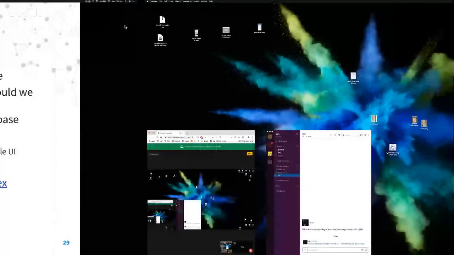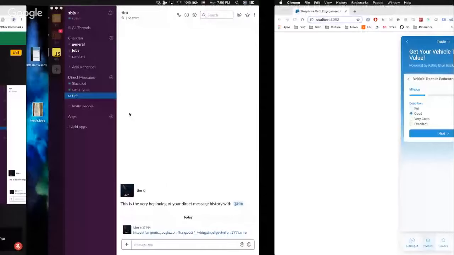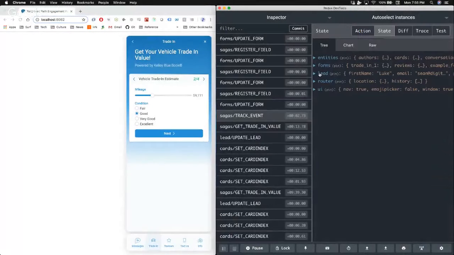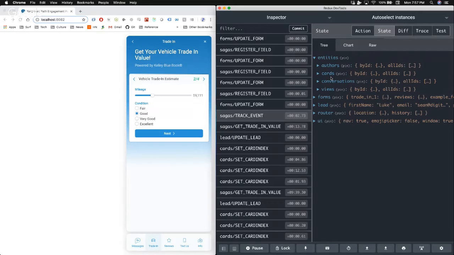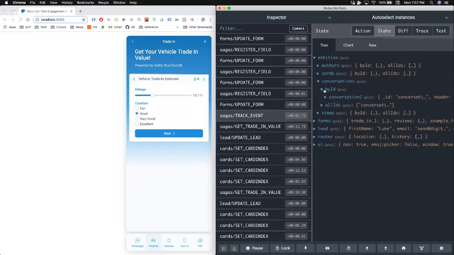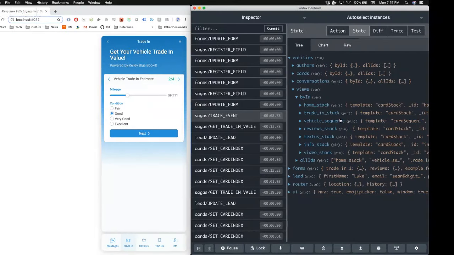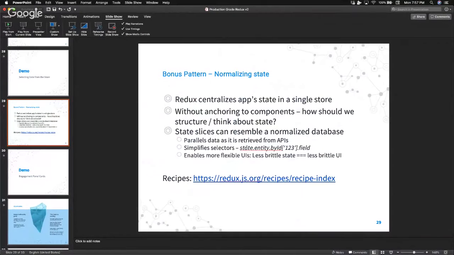So if we go back to the engagement panel demo application, effectively you've got all your typical state, but then I've also got this entities collection, which is effectively a database. Inside of each of these entities, I have a normalized state that shows, by ID, all the different entities on my state that I'm interested in. And this marries with the selector pattern really well, because now you can just use selectors to grab entities by their ID off of your state.